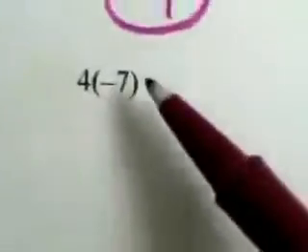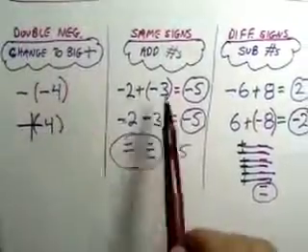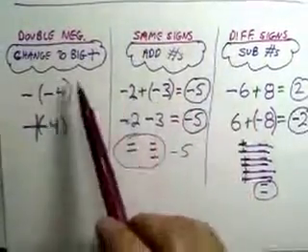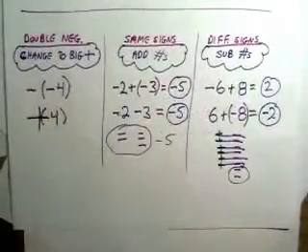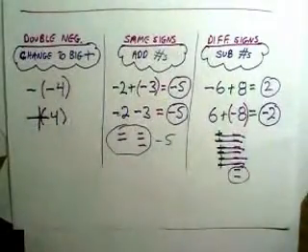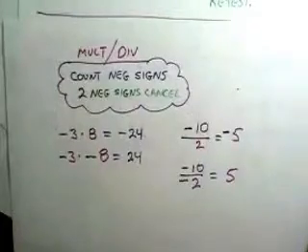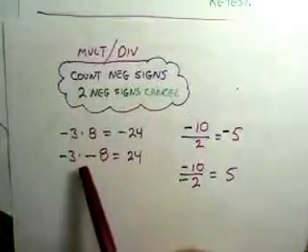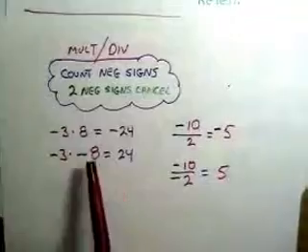Okay, now we get into different rules of multiplying. So when we're adding and subtracting negatives, negative signs, we're basically just combining numbers, positive and negatives together. So these are the rules we use for those. But for multiply and divide, it's different. The simple rule for multiply and divide is just count the negative signs. If there's 2 negative signs, they cancel. So for example, in this one right here,